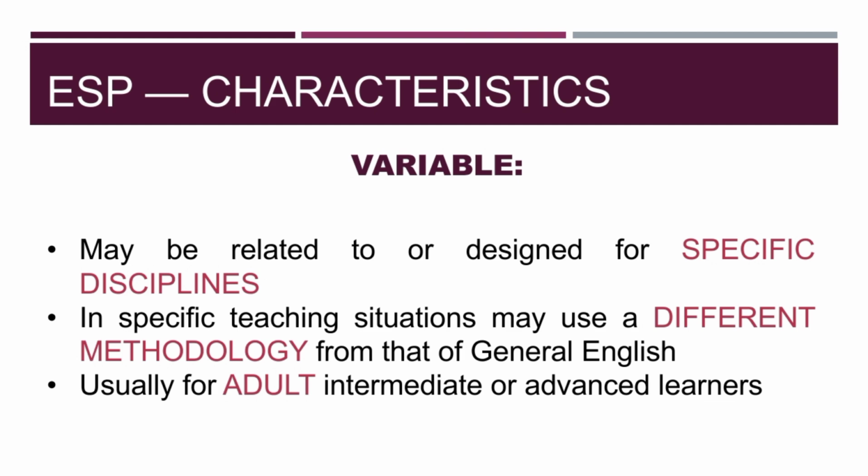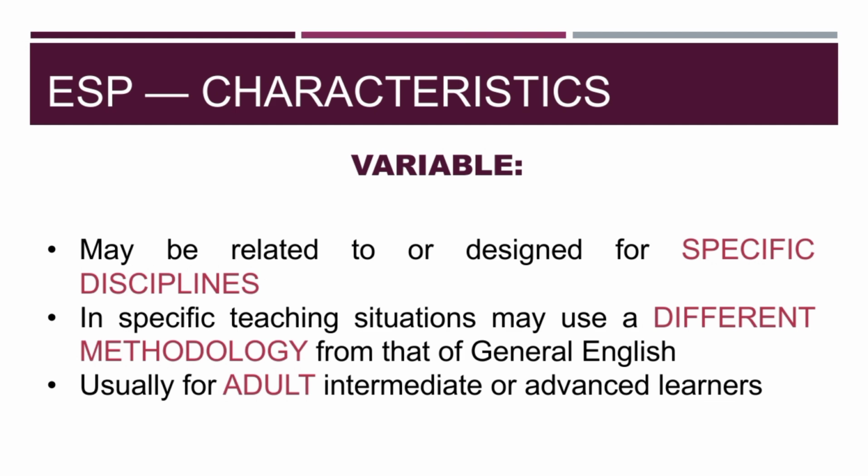So, the ESP courses focus on the unique language features, terminology, and conventions that are used within a specific discipline. Also, the learning objectives of ESP courses are aligned with the specific needs of learners within the target discipline. And the ESP courses incorporate authentic materials, case studies, and scenarios relevant to the target discipline. For example, English for Business. An ESP course for business students might concentrate on business vocabulary, negotiation skills, and financial report writing.